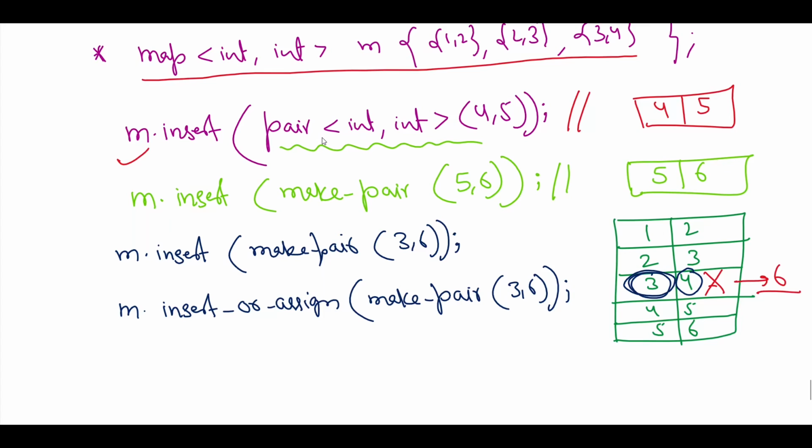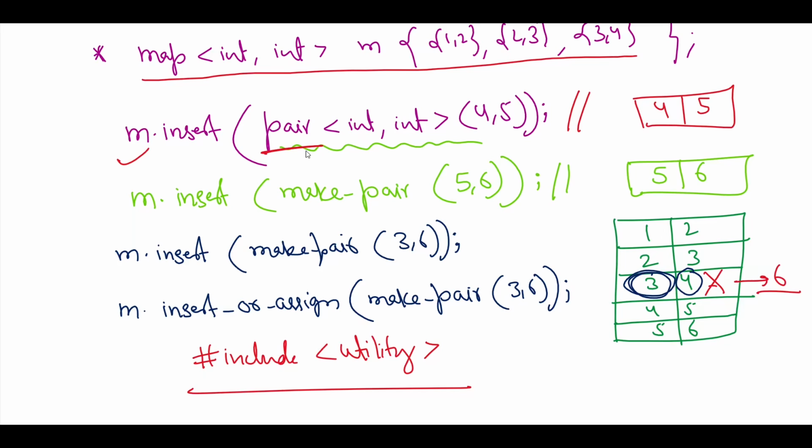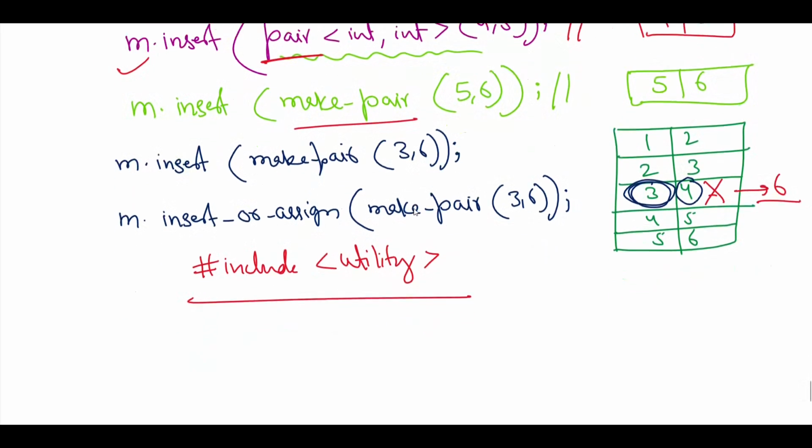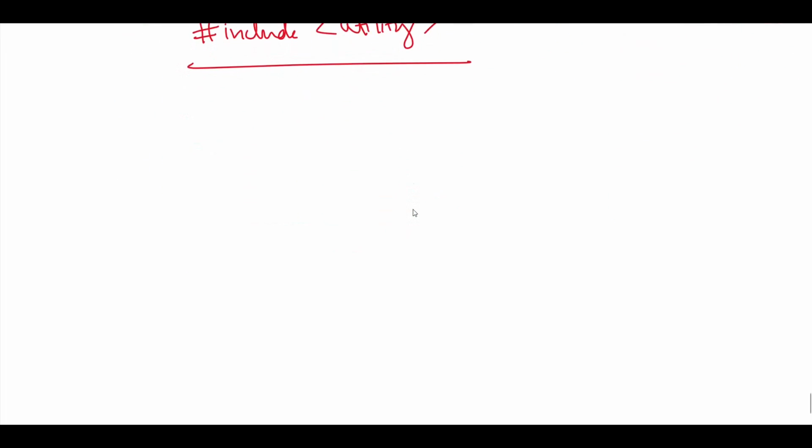One thing that I want to tell you is that if you want to use this pair function, there is another header file for this called utility, and using this header file you can use this pair template or make pair function. Clear? Now let's discuss some more functions of the map,